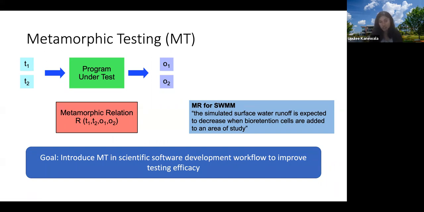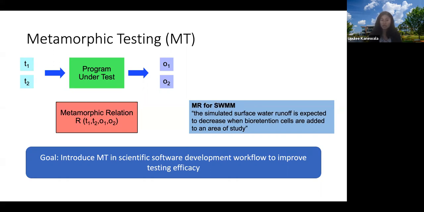If these relationships are violated when these test inputs are executed, we tell that there's a bug or fault in the program. In particular, for SWMM, an example metamorphic relation would be when the simulated water runoff is expected to decrease if you add bio retention cells to the area of study.